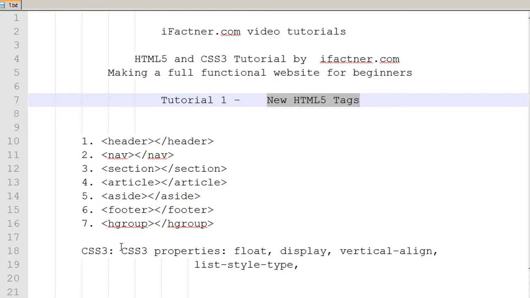And in CSS3 we will be focusing on some of